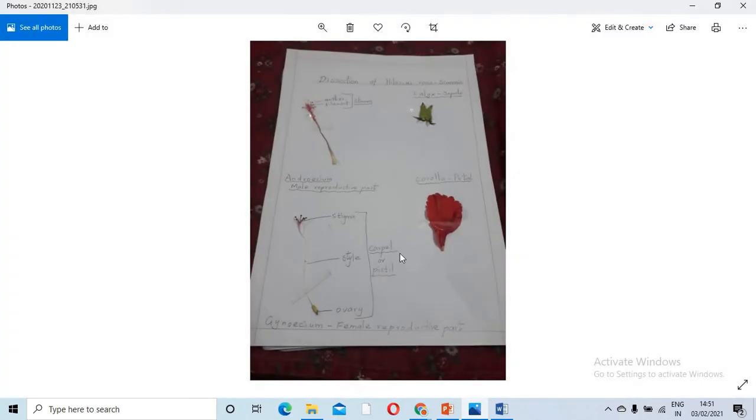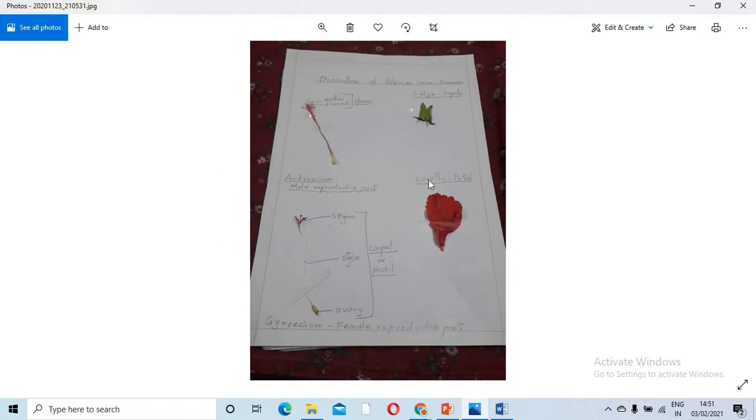Okay, you saw the dissection of the Hibiscus rosa-sinensis, and this is how you will present. Soon after this live session, children, you can take a shoe flower and dissect it the way I showed you in the video. This video will be posted in your classroom. You can rewind and watch the video many times.